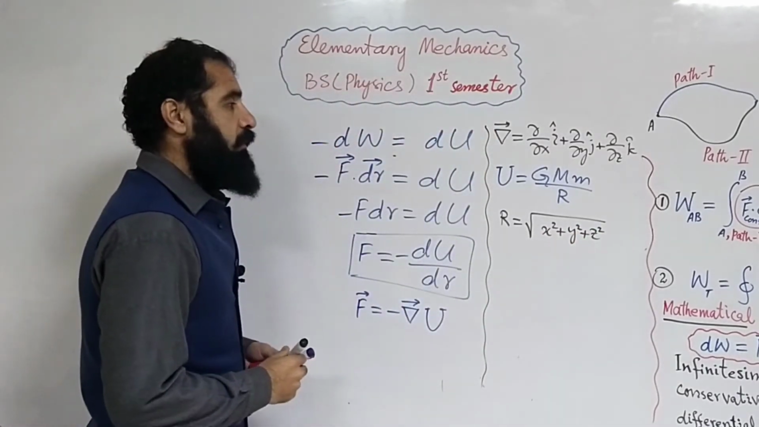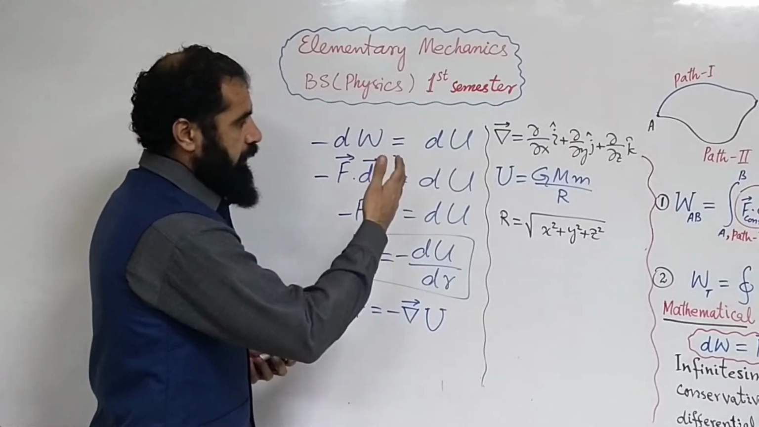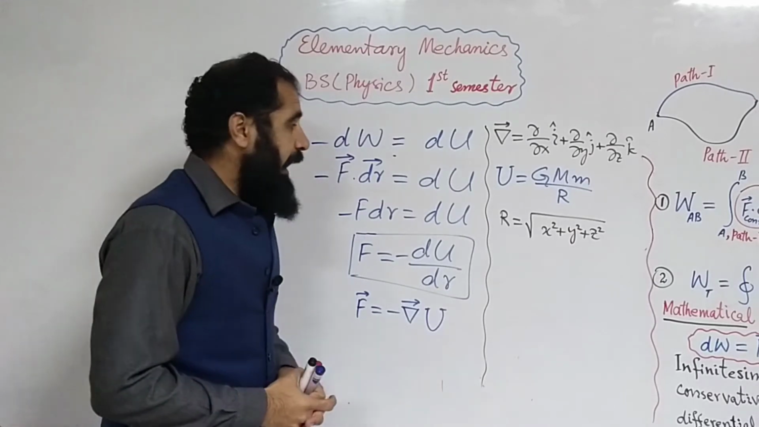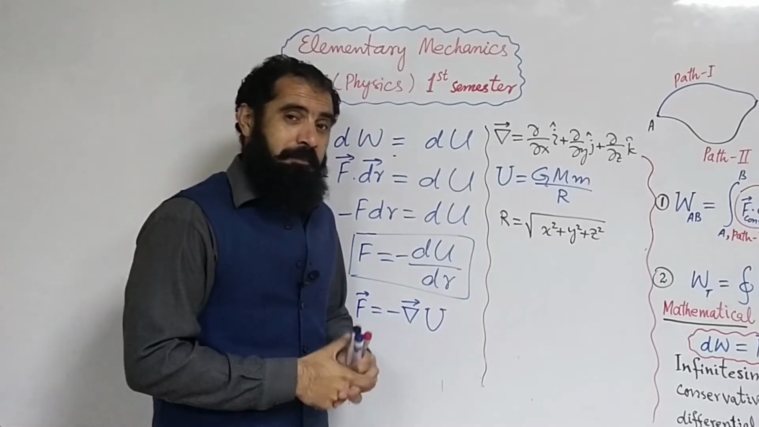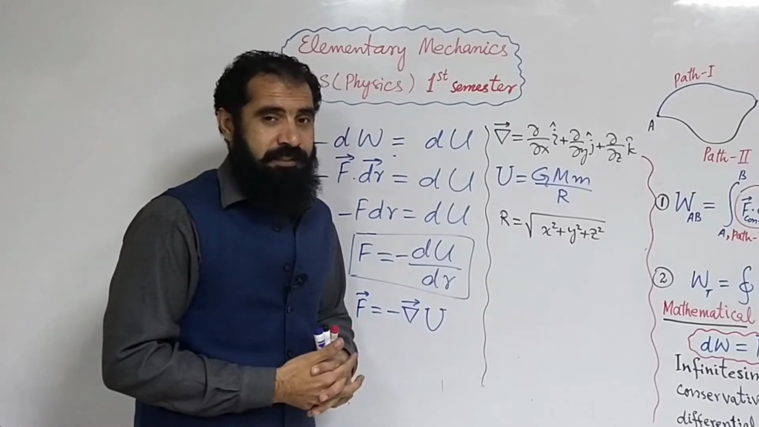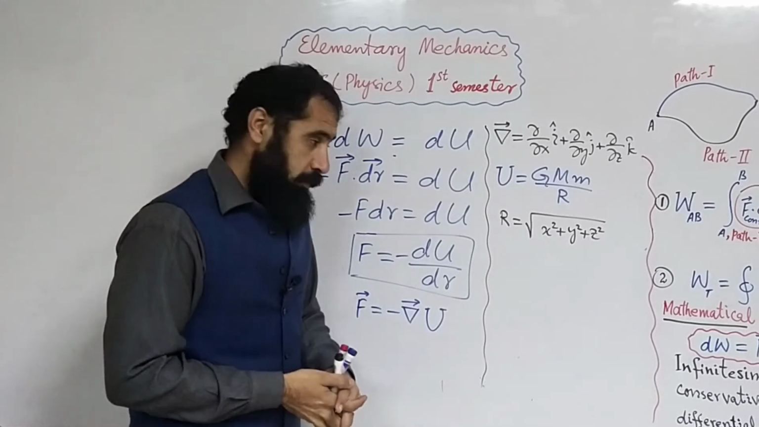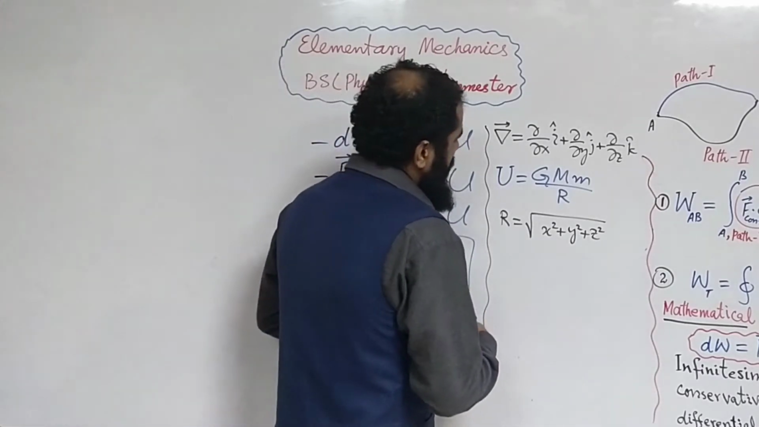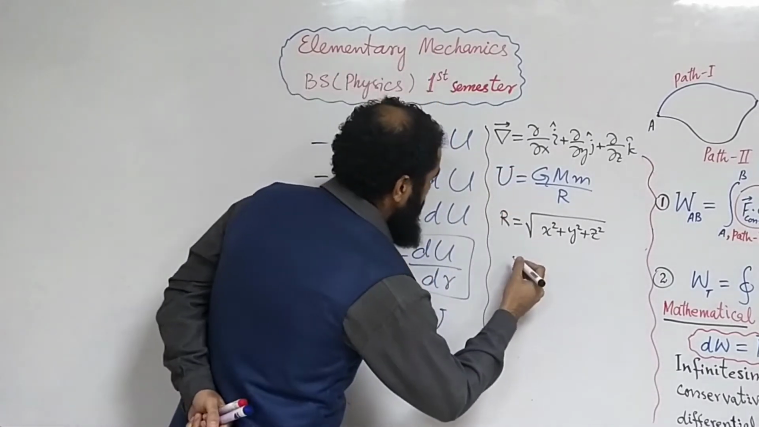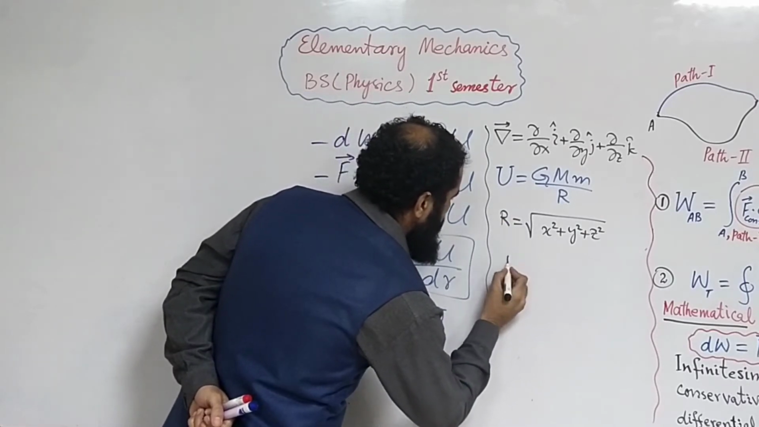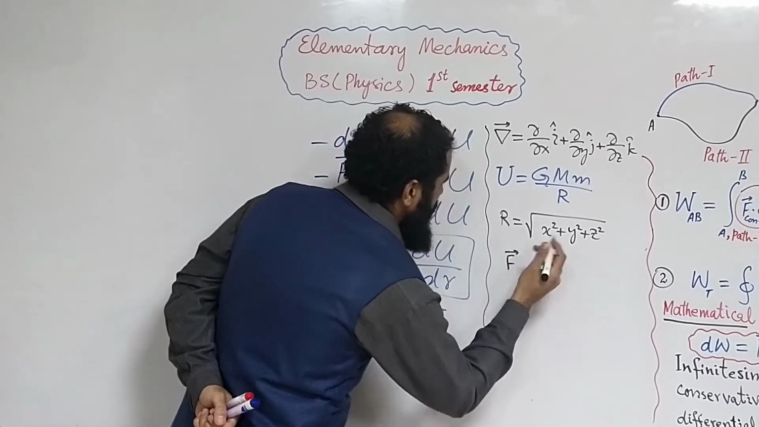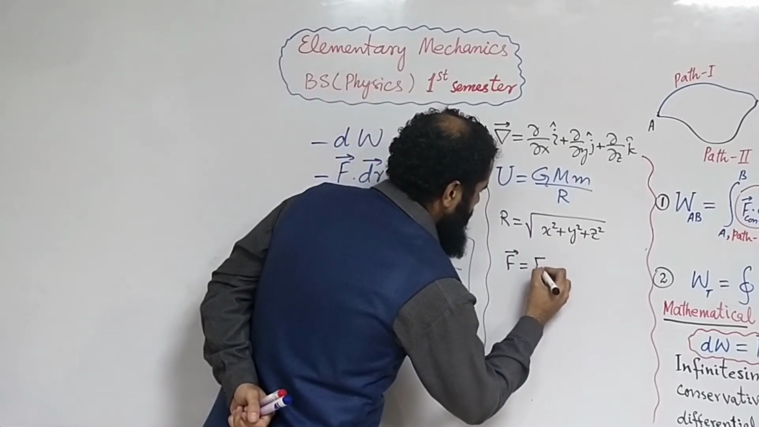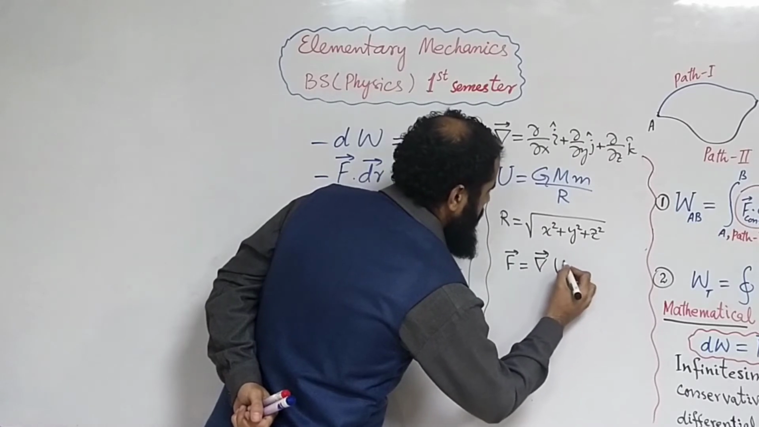Now if I take the negative gradient of this function, I would get a force, and that force would be my weight. That force is a conservative force, that force is a gravitational force. Let's see whether we get that force. Okay, so F equals what? Minus del U,